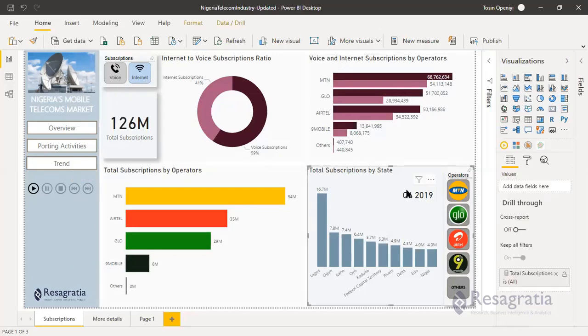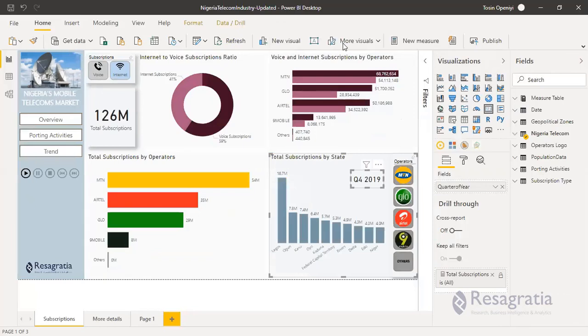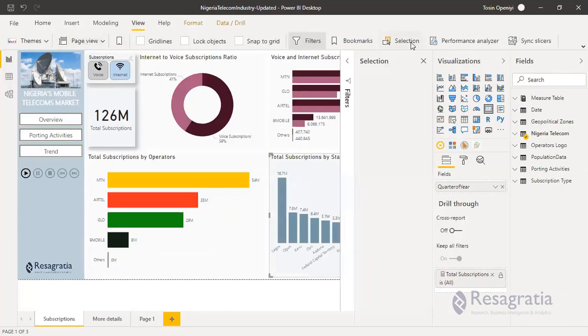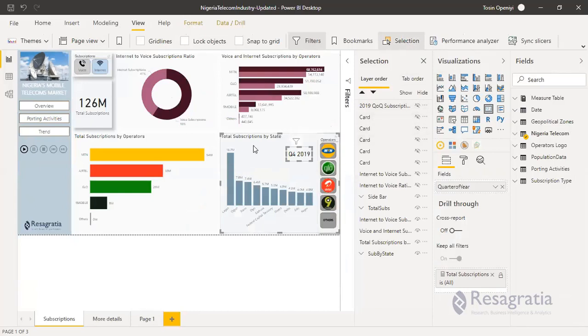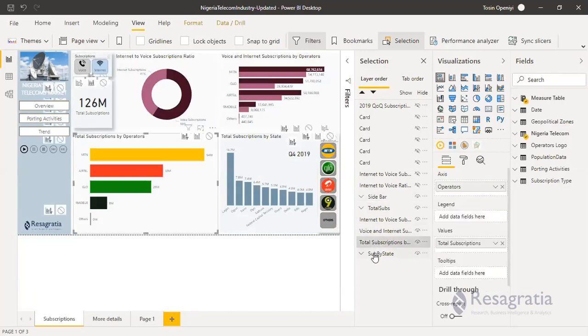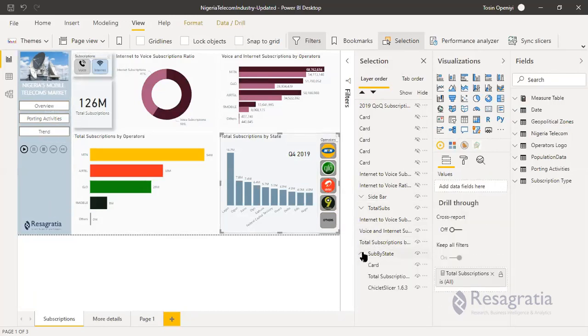Oh, okay. I think that would make sense too, so that we can track it from there. All right, so let's quickly put that in place. I'll just come to my selection pane. For the selection, I've actually grouped it, so I need to figure it out. Sidebar, total subscription, right? Okay, so this is it.